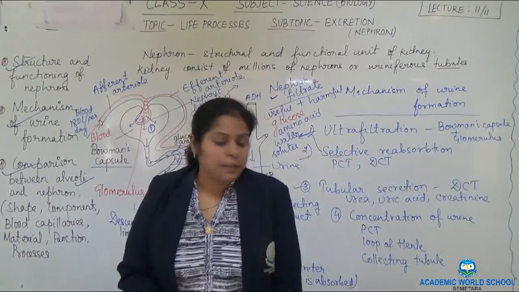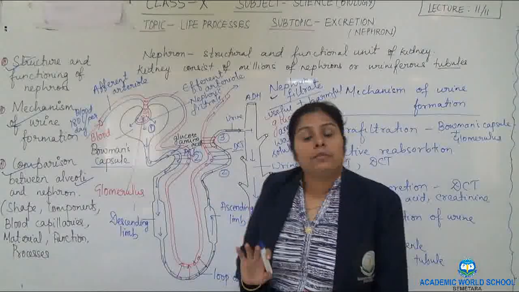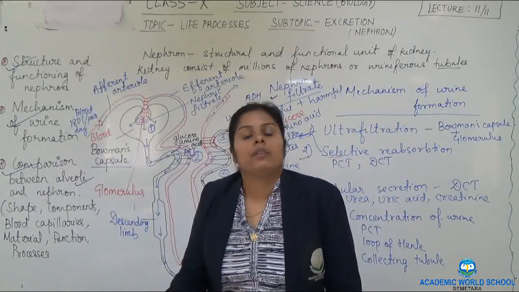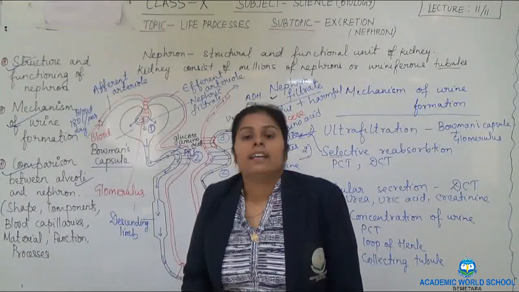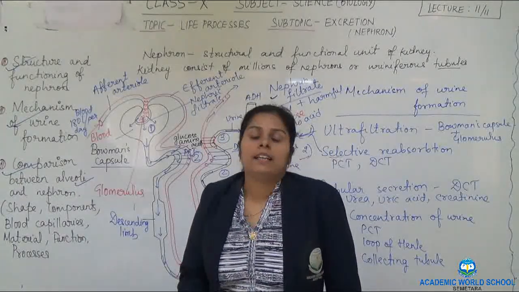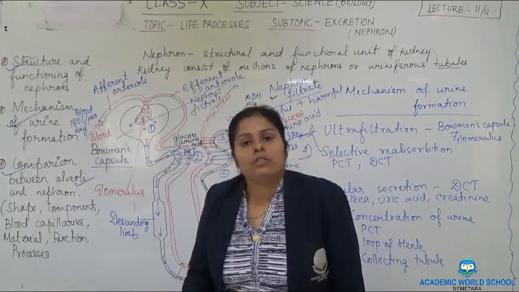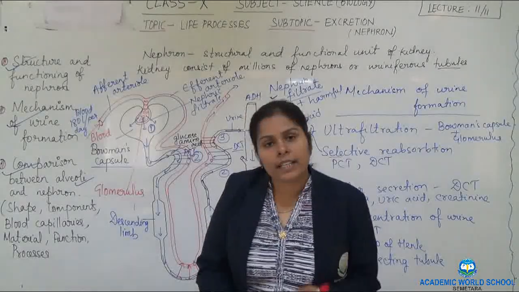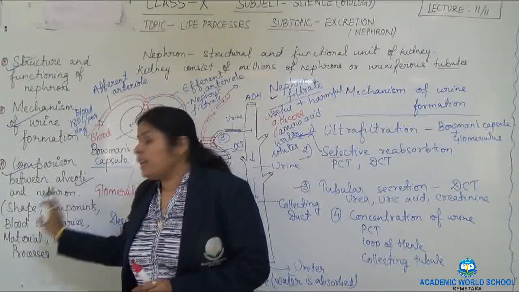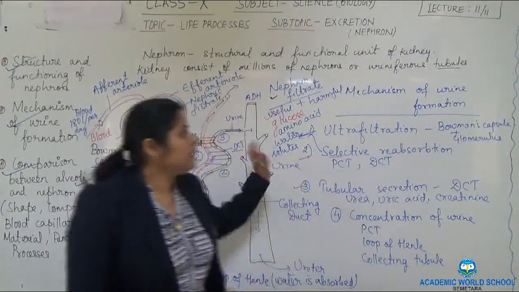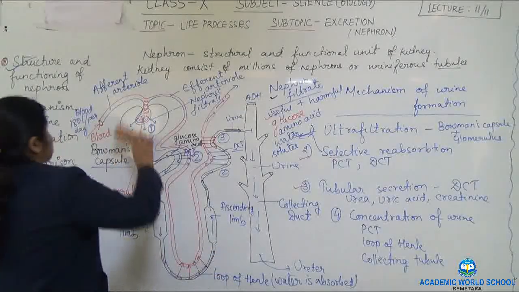That we will understand. I hope you have taken down all this, practice the diagram once or twice so that you will attempt it with perfection. Take down all the notes, and at the end I will be giving you 3 assignments which you will be completing. So take down all the notes and send the assignments to me on time. So we will move towards the last one, that is comparison between alveoli and nephron. So let me erase this portion, so that we'll start the last one.